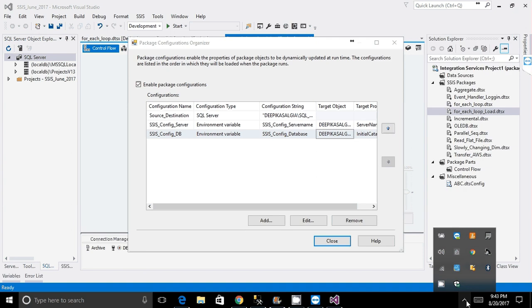For the server, you have to do it in two ways. First you need to create a configuration table or use the existing one, and then for the configuration table you have to create either the environment variable or the XML configuration file. Okay,